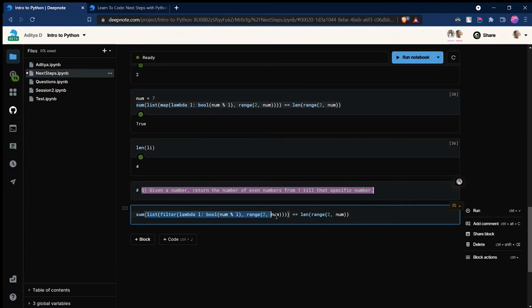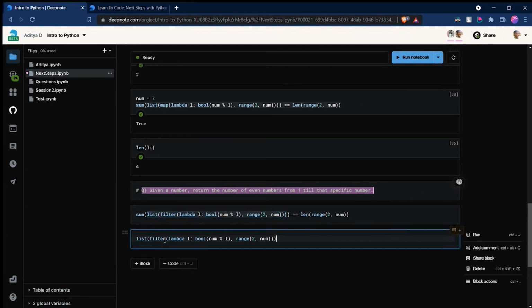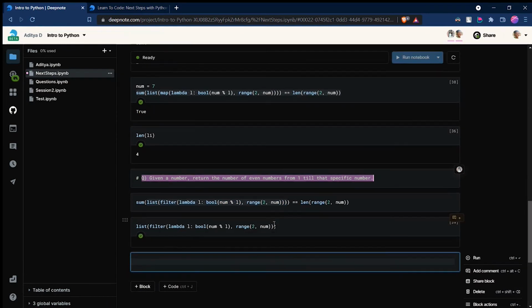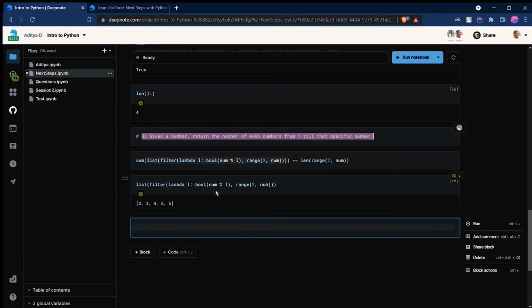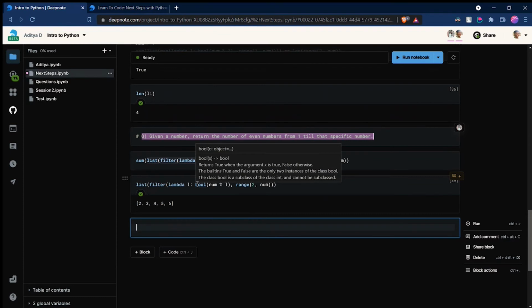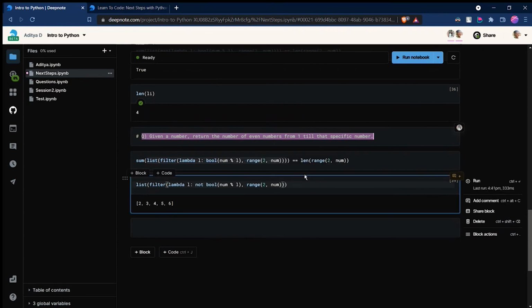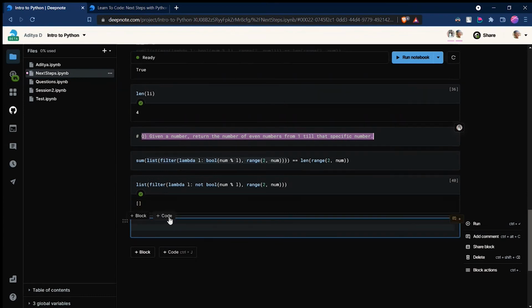To look at that, I guess we need to break this. Let's do that. You run that. You see that for 7, all the elements will obviously be returning true, so all the elements will be returned. I don't want all to be returned. I want to check whether this list has elements that are divisible by 7. Based on whether this list is empty or not, I can tell whether it is prime or not. So I'll again do the not thing, doing which we have 0 elements here.